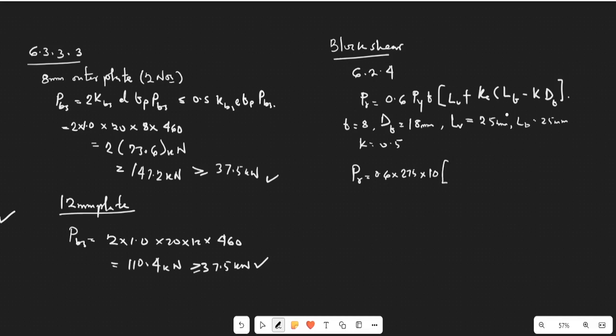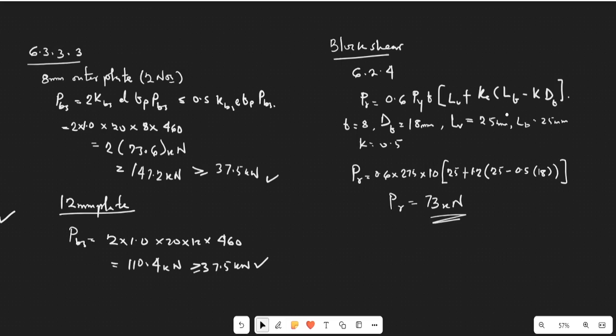So Lv will be 25 plus Ke, which is going to be 1.2, 1.2. Lt is going to be 25. K is going to be 0.5. And D, as I said, is going to be 18. So the result of this should give 73 kilonewton. See that,